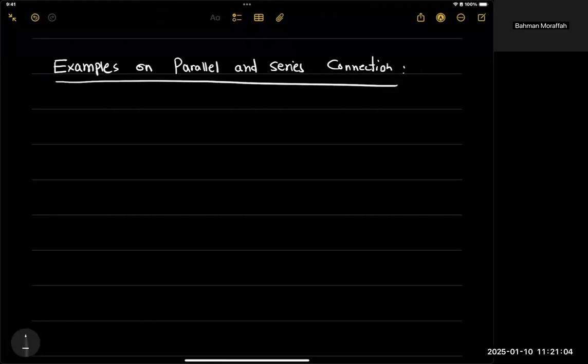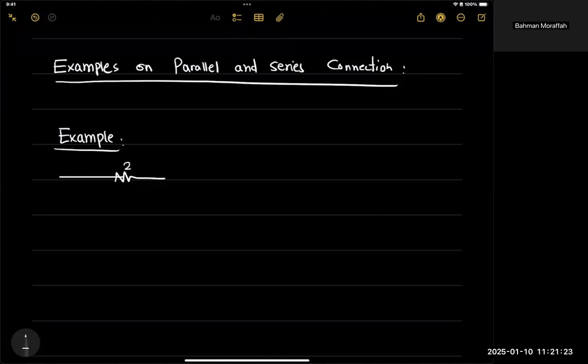All right, let's do a quick example on the series and parallel connections and see how we can simplify it to find the equivalent resistance. Example: let's just say I'm given this circuit,